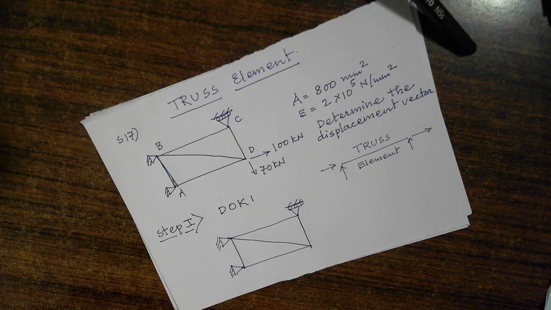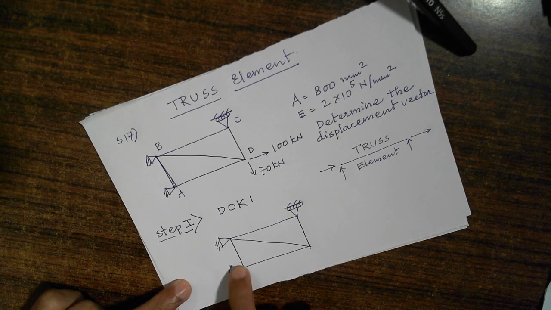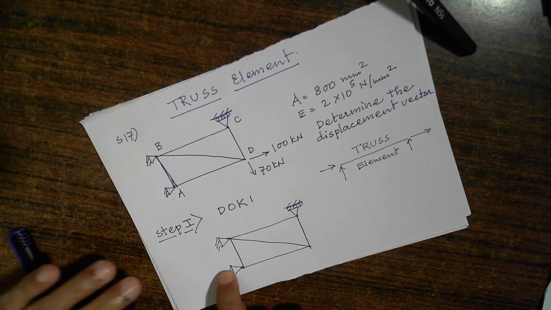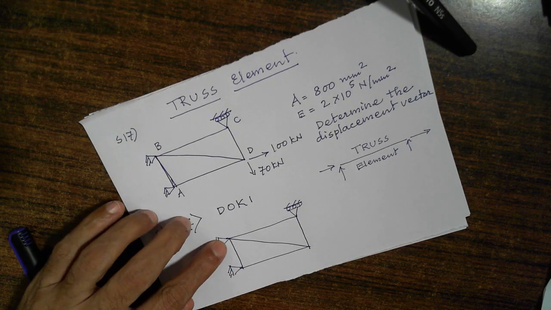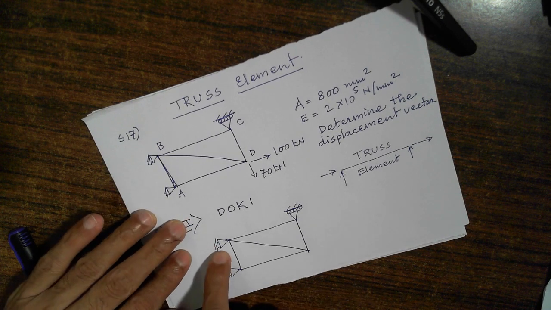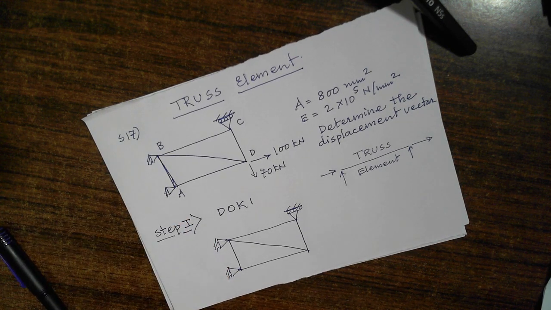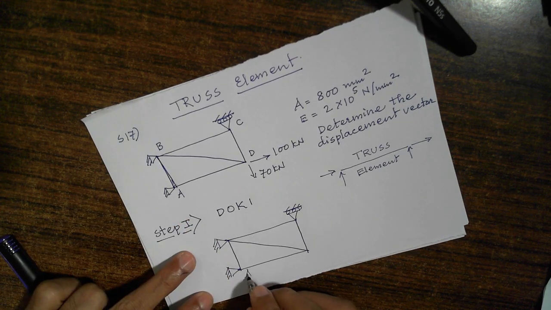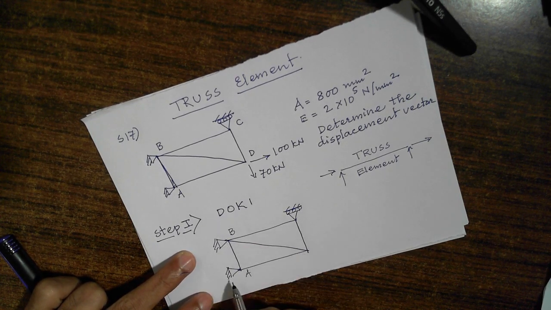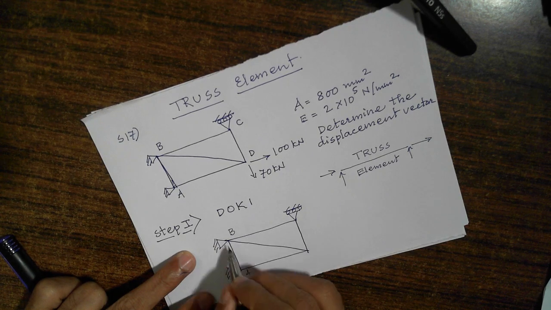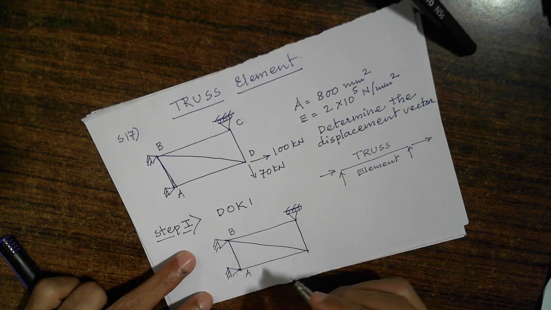Let us analyze what is the degree of kinematic indeterminacy of the truss. Can this joint be displaced in x direction? No, it is not possible for this joint to displace in x direction. It is neither possible for this joint to displace in y direction. So same is the case. I am naming it ABCD. At A, no degree of kinematic indeterminacy possible. Same is the case at B. The displacement in x direction and displacement in y direction is not possible at A and B.